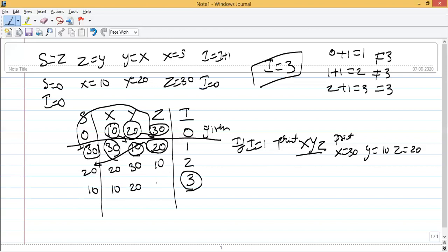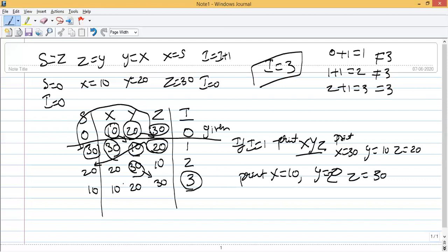Z is equal to Y. Previously it is 30. You should keep it here. So 10, 20, 30. I is equal to 3 in this step. Hence print X is equal to 10, Y equal to 20, and Z is equal to 30.